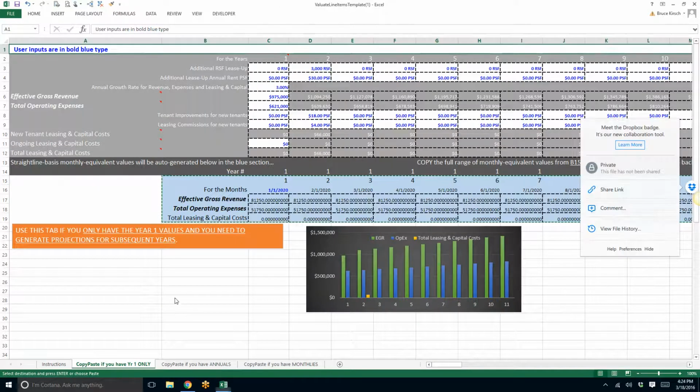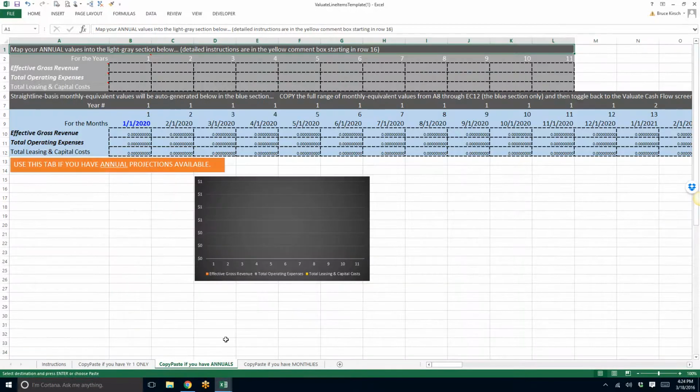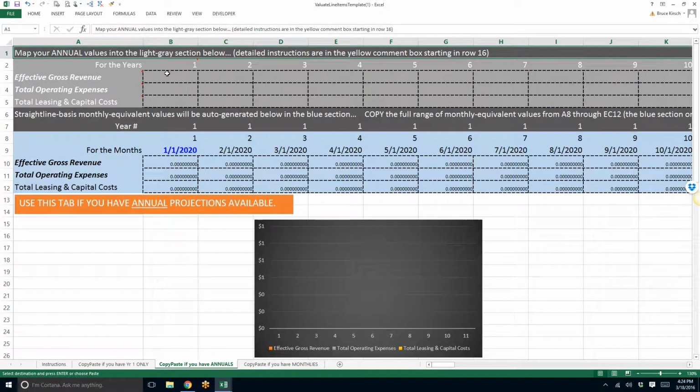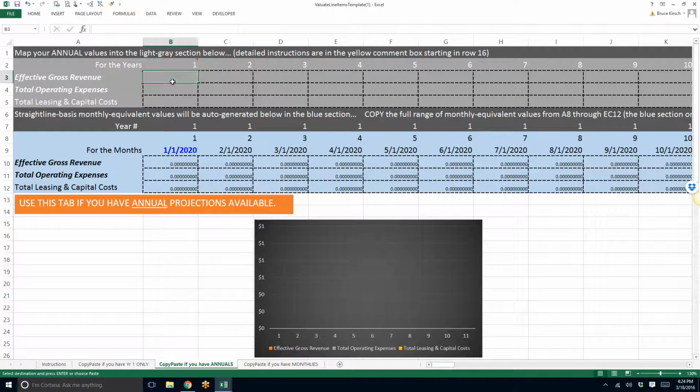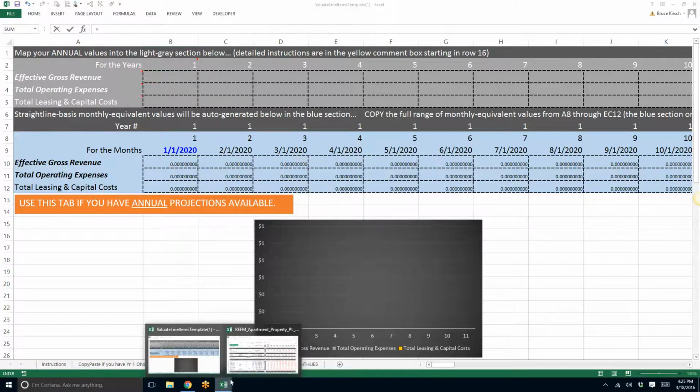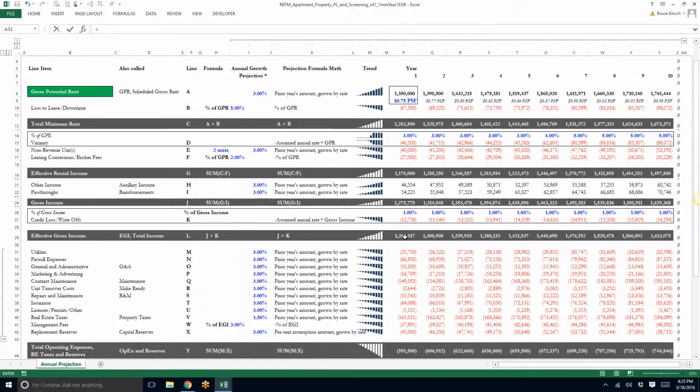So let's go back to the generic file and let's go to the second option here, which is copy paste if you have annuals. And that's what I have. And so what I'm going to do now is I'm going to map those values into this gray section. The blue section will auto-populate on a straight-lined basis. These are monthlies. The blues are monthlies. And then once I have the lines mapped in, I simply copy and paste the blue back into Valuate like we just did before. Okay, so for effective gross revenue for year one, I'm going to point to that amount in my model